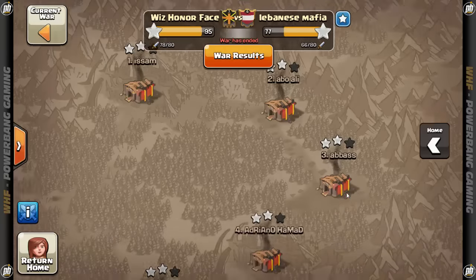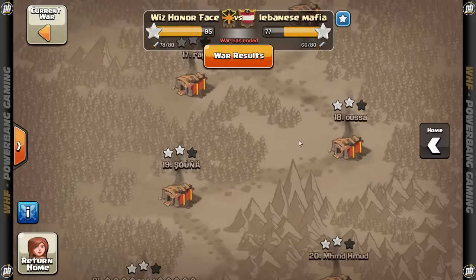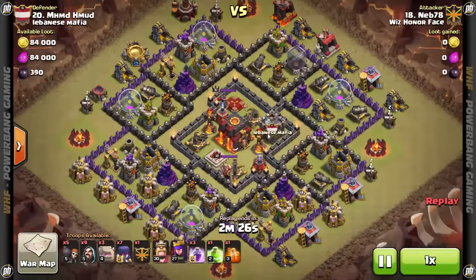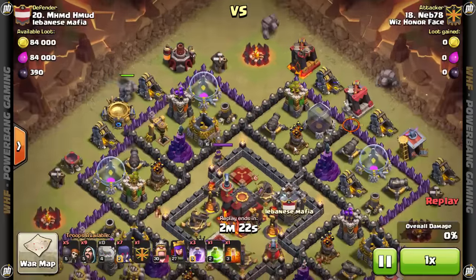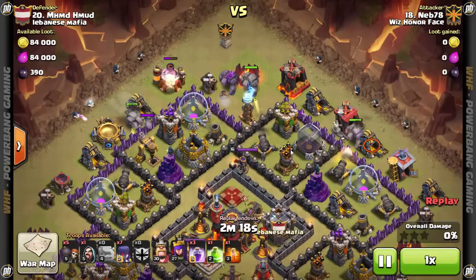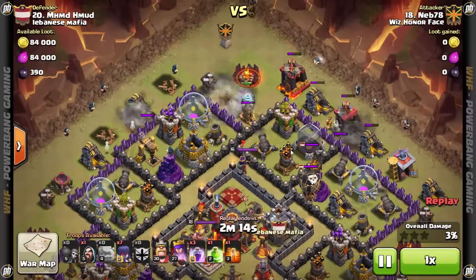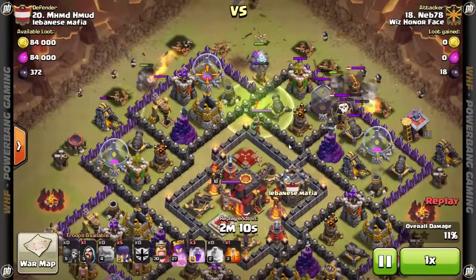So we bounce over to their side, and I'm going to skip all the boring top stuff just because it was pretty much bad bases the whole way down. But this is a little Town Hall 9 on Town Hall 10 action. And he's going to bring, it looks like, 4 golems and 7 witches. And the goal here, obviously, is to get into those single inferno towers in the core and overwhelm them with